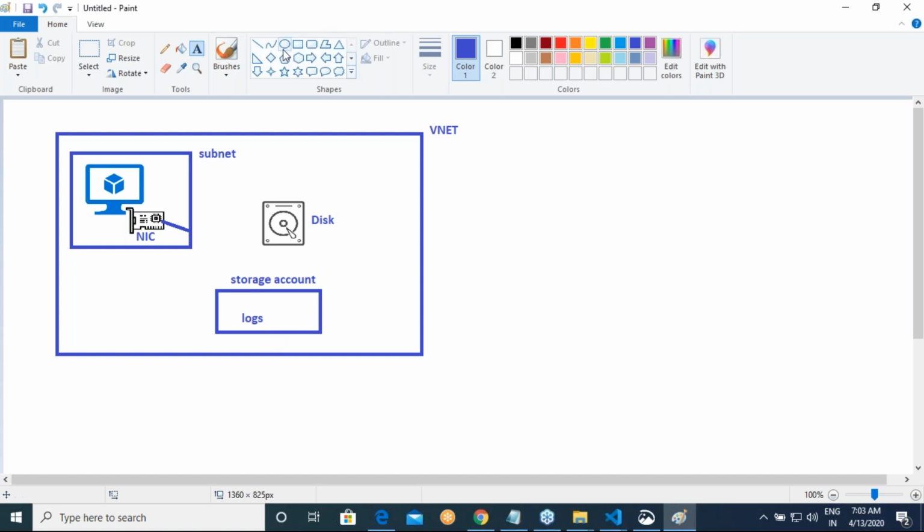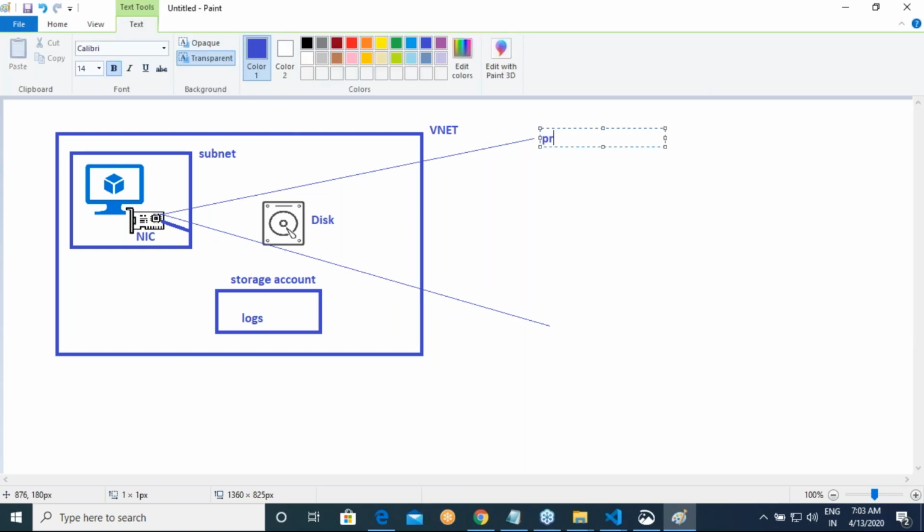So for this, you will have two things. You will have a private IP which comes by default, and then you have to create a public IP address.